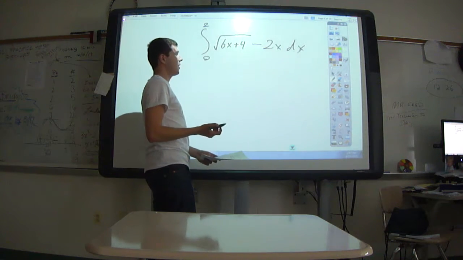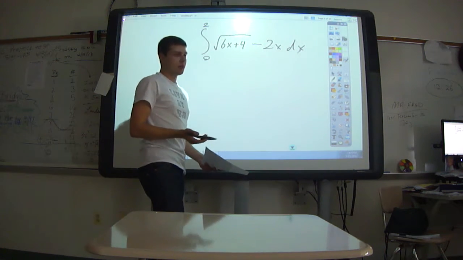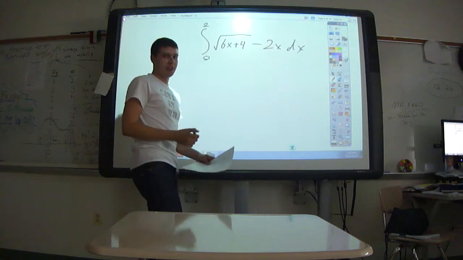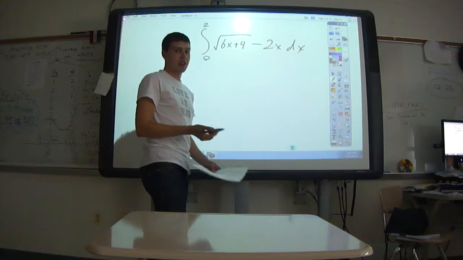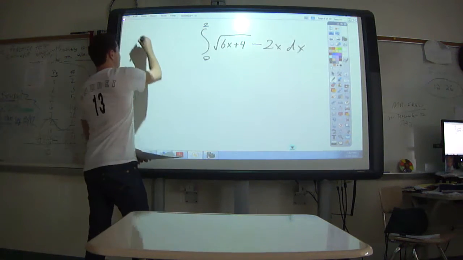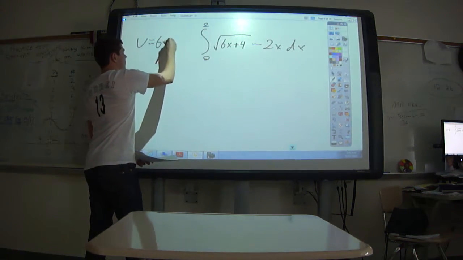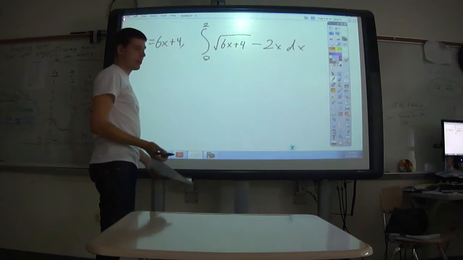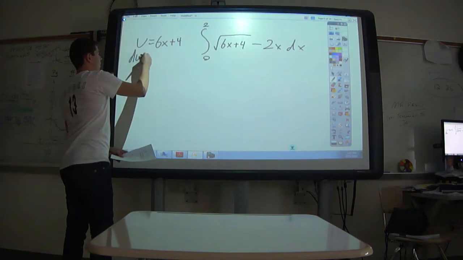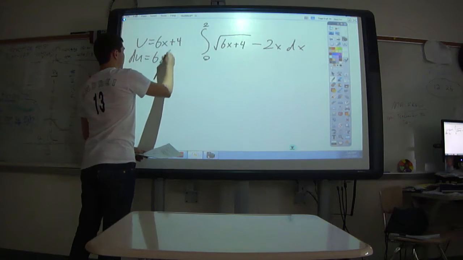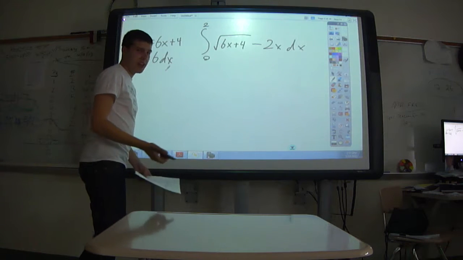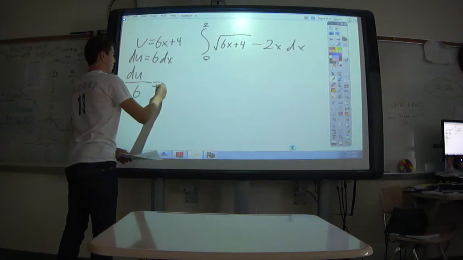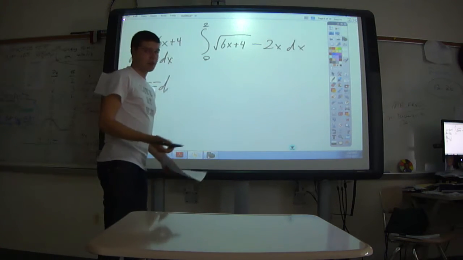So first thing you do is, it's kind of hard to integrate the square root of 6x plus 4 just plainly. So what I would prefer doing is replacing 6x plus 4 with a u. So this is how it looks. So then with u substitution, you take the derivative of u. You make it equal to dx. And now you can substitute. And what we get